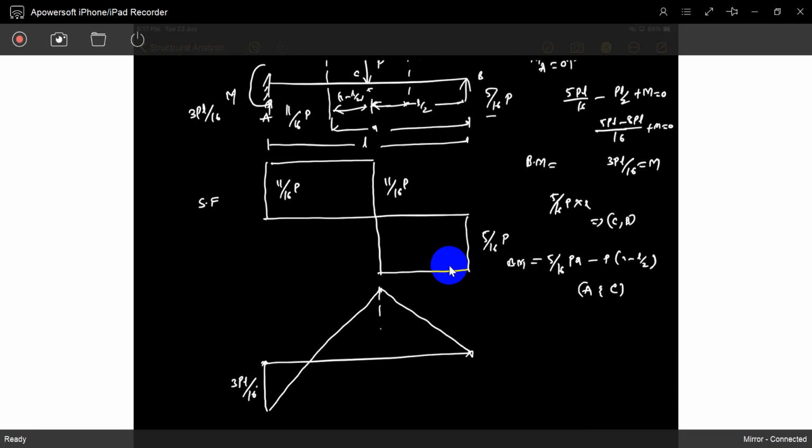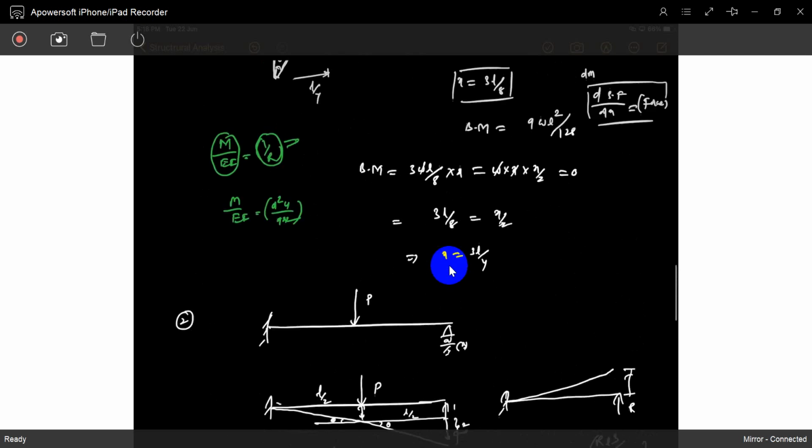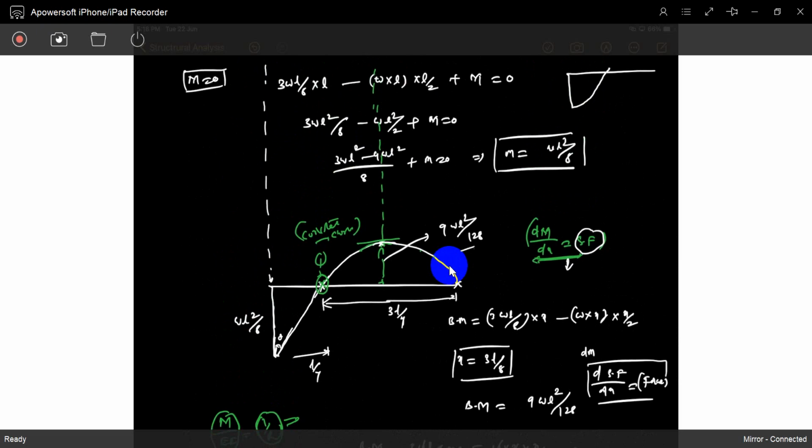Understood? And also, what is that value? Maximum bending moment. Which one is maximum? I am asking. This is positive, this is negative. Someone called this negative, this positive. No problem at all. So at which place is the maximum bending moment? That is the question. In the last problem also I asked. This is WL square by 128, this is 1 by 8. So which one is maximum? This one is maximum. Compare with this. So at the fixed end joint, it has the maximum bending moment.